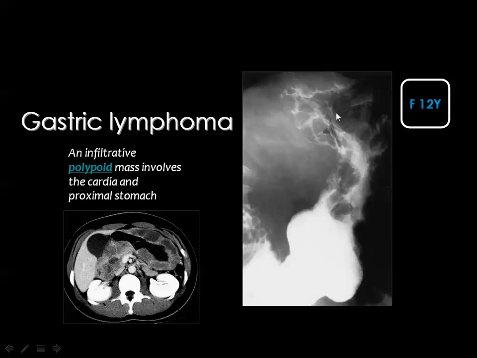This appearance can be produced by many diseases like hypertrophic gastritis, Menetrier disease, and gastric lymphoma, of course. But this appearance is almost typical for gastric lymphoma, where you get considerable thickening of the gastric wall encroaching on the gastric lumen. And the diagnosis is confirmed by